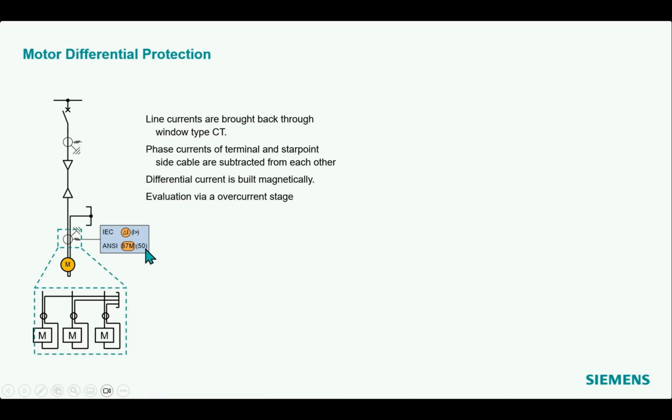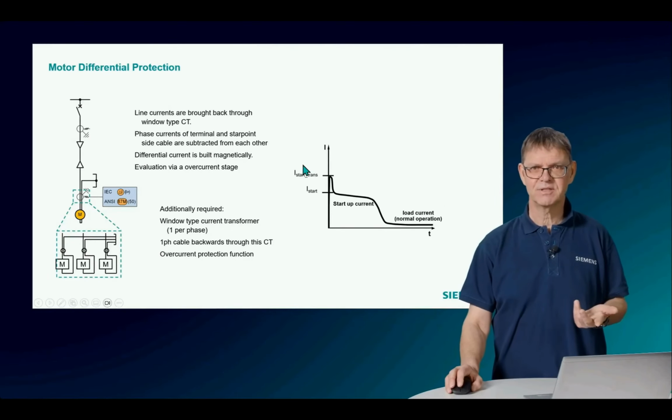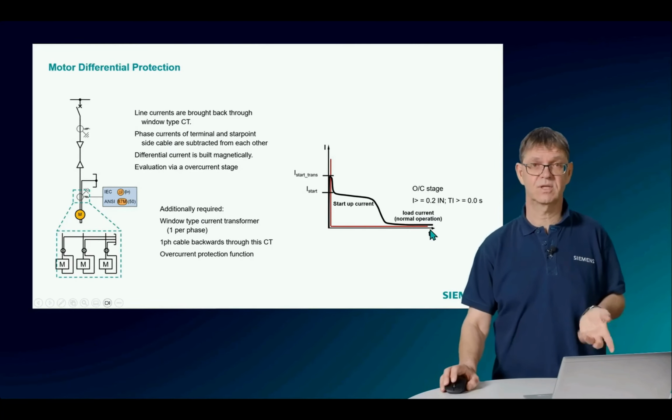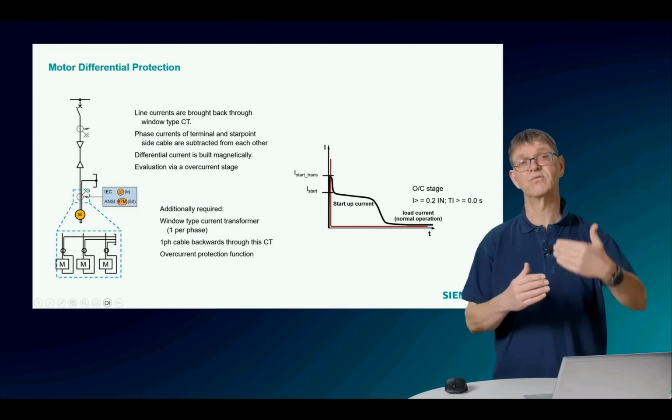So here additionally I need this kind of current transformer, and I need additionally to have the wiring backwards, so I need to have the open start point here, bring it back. For the protection function, it's an additional overcurrent protection, or an overcurrent protection as such, to create the differential protection principle. So here the benefit is that my tripping characteristic can be set relatively low, below the load current of the motor, and also fast, so I don't need a delay time, and I can go very sensitive because